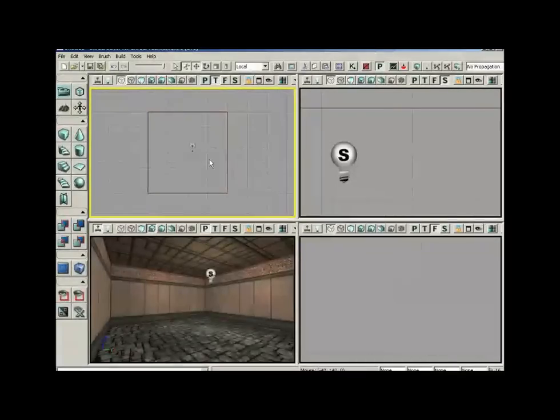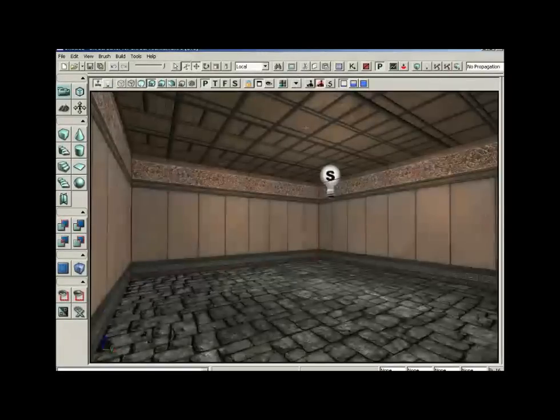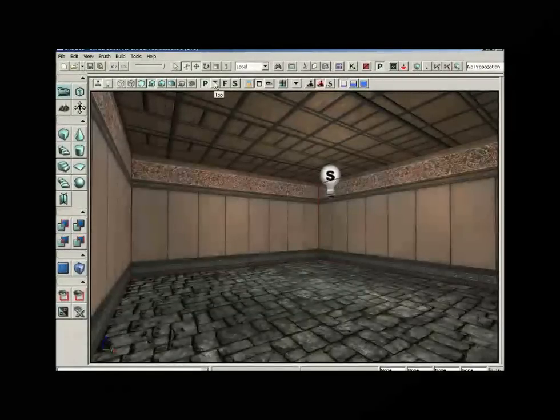Now, that's one way to get to a top view. Another way, which is kind of useful, is if you don't want to shrink your viewport down, you can jump right over to one by clicking on the top button here inside your viewport toolbar. So notice you have P, T, F, and S. So that's perspective,